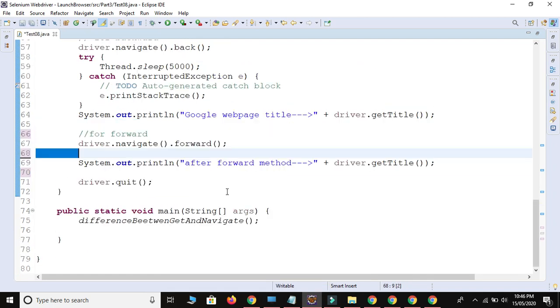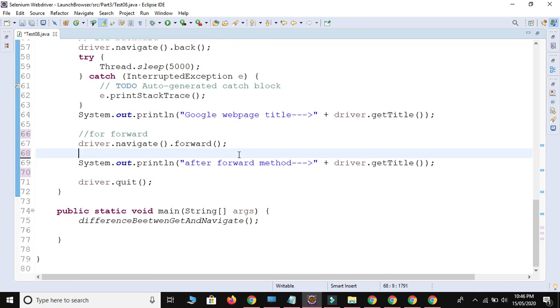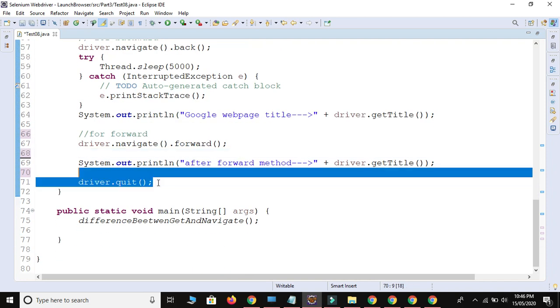So I will share this code with my blog. So if you want this code, then just open my blog and copy and paste. It doesn't matter if you copy and paste, but the main problem is you need to understand the situation, understand the concept. Okay, so I will show you one more example of both method, driver.navigate and driver.get method also.